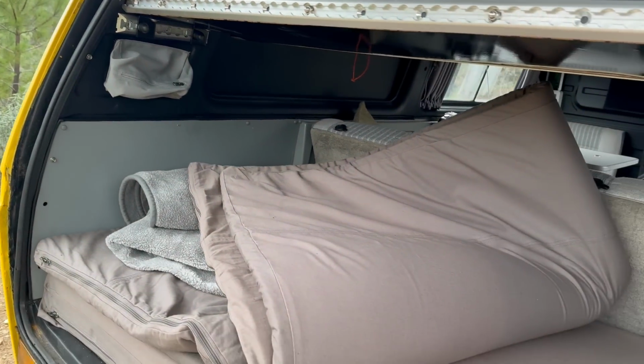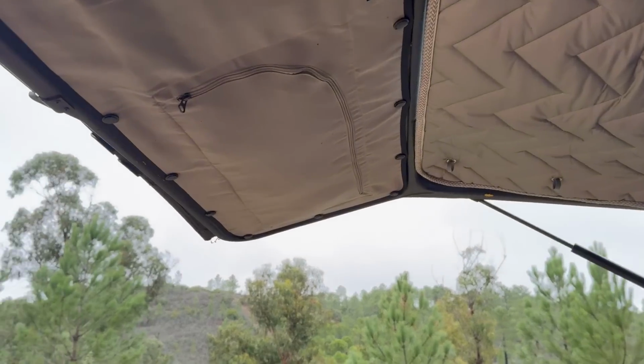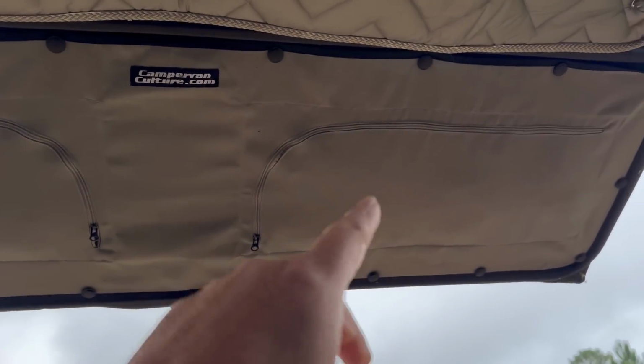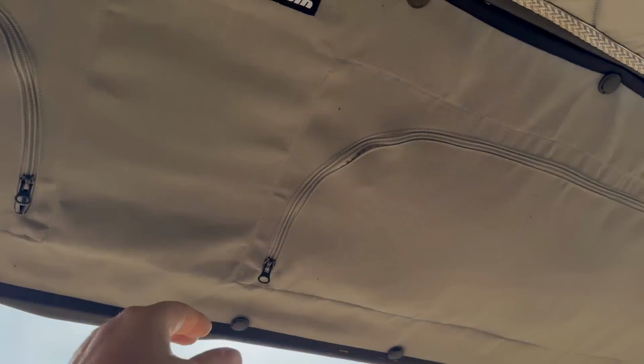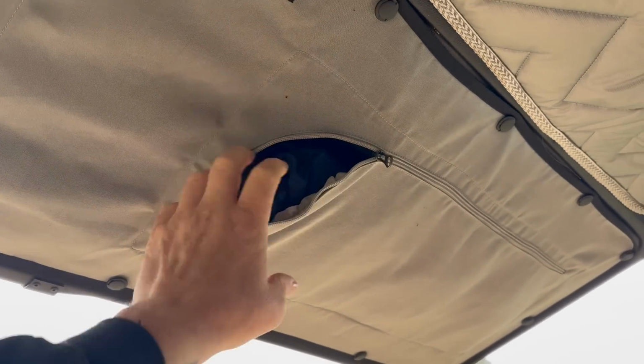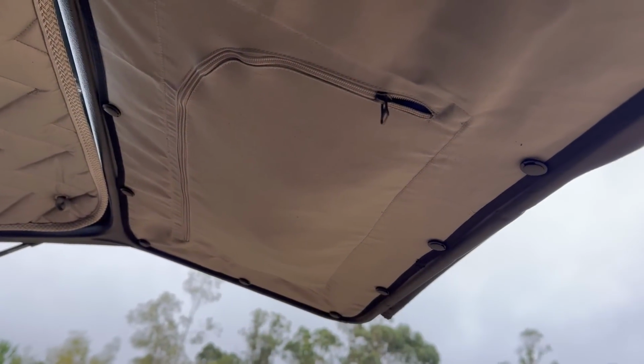Again, stash pockets everywhere, super handy for keeping your gear. And also our cargo gear tailgate storage panel. This is probably one of the best things in the van for storing stuff. In that one I keep my laundry, in this one my PJs, so it uses the wasted space inside the door panel. When you've got your laundry in there, you've also got storage and insulating